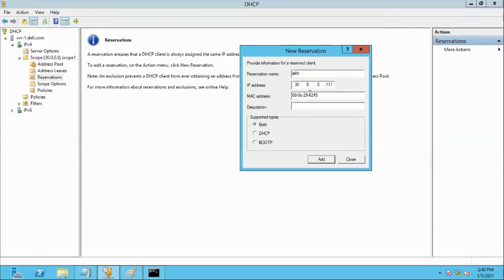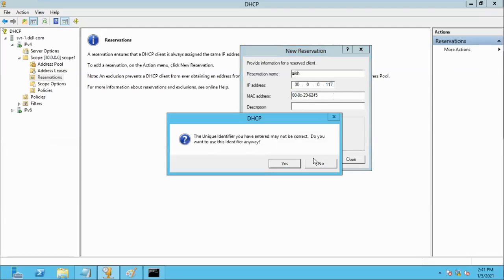What I'm going to say is, hello DHCP server, when this MAC address is coming, for which purpose is it coming? To the DHCP server to query for an IP address, right? DORA process, remember? DORA request for IP address. So when this MAC address comes, you always have to provide this IP address to this MAC address. Clear? Okay? Click on add. Unique identifier you have declared and not declared.